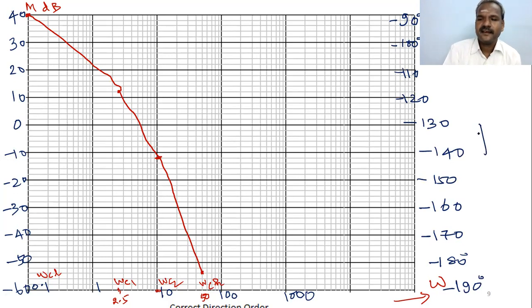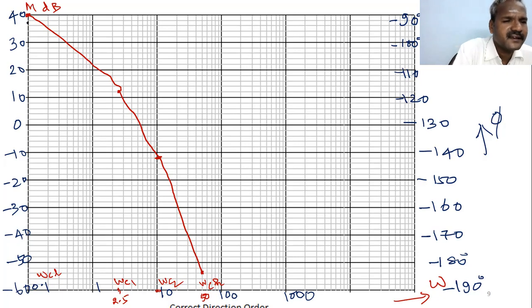This scale is phase angle versus omega, right? Let us mark for 0.1 radian per second frequency. What is the phase angle? 92 degree. Okay, so at 0.1 the phase angle is 92 degree. So this will be the phase curve. Start from 92 degree at 0.1. At 1 radian per second, minus 118, almost 120. Okay, at 1 minus 118.